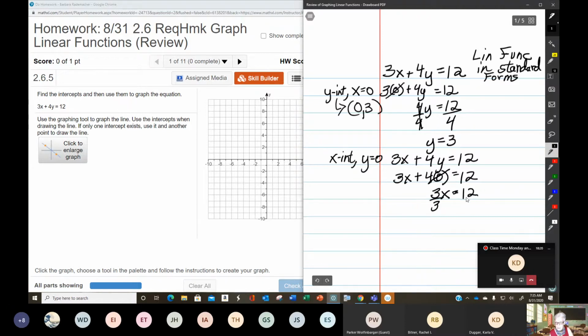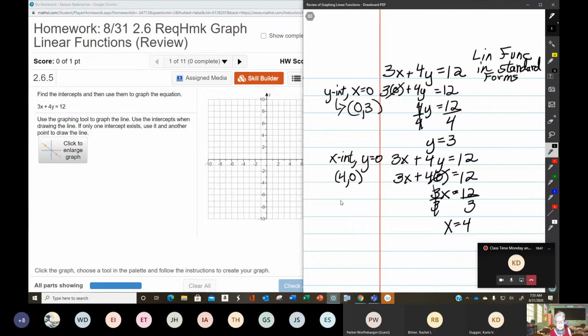Divide by 3. x equals 4. So when y is 0, x is 4. So that means that my x-intercept is the point (4, 0). Those are the only 2 points that you're allowed to graph if you want to get full credit for